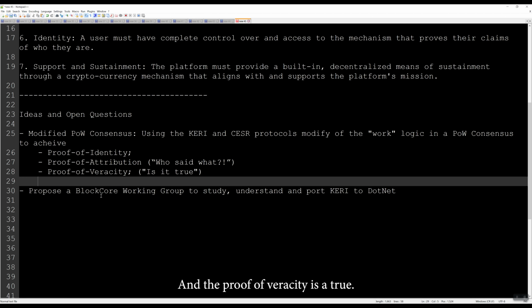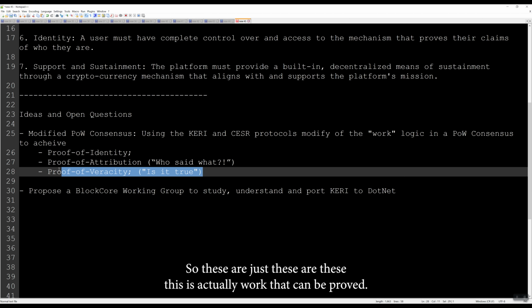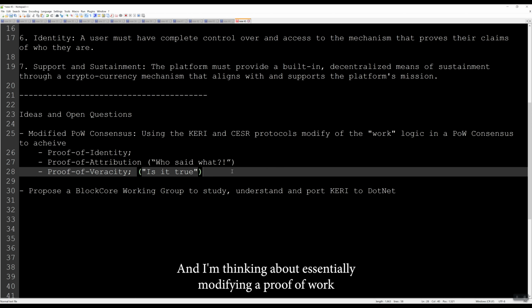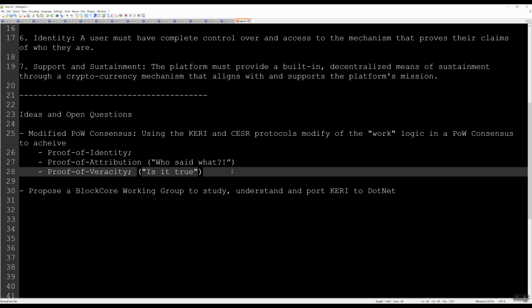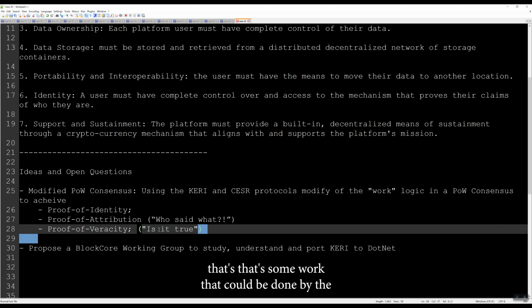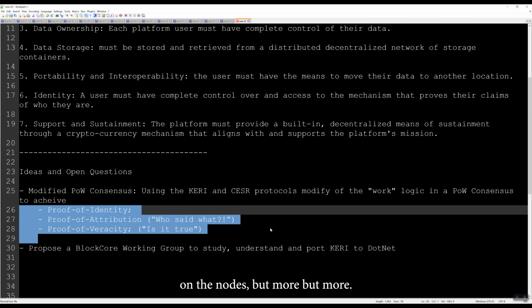And then proof of veracity, is it true? So this is actually work that can be proved. And I'm thinking about essentially modifying a proof of work consensus algorithm to do this meaningful work instead of trying to solve a mathematical puzzle, which is meaningless work. So anyway, that's some work that could be done on the nodes, but